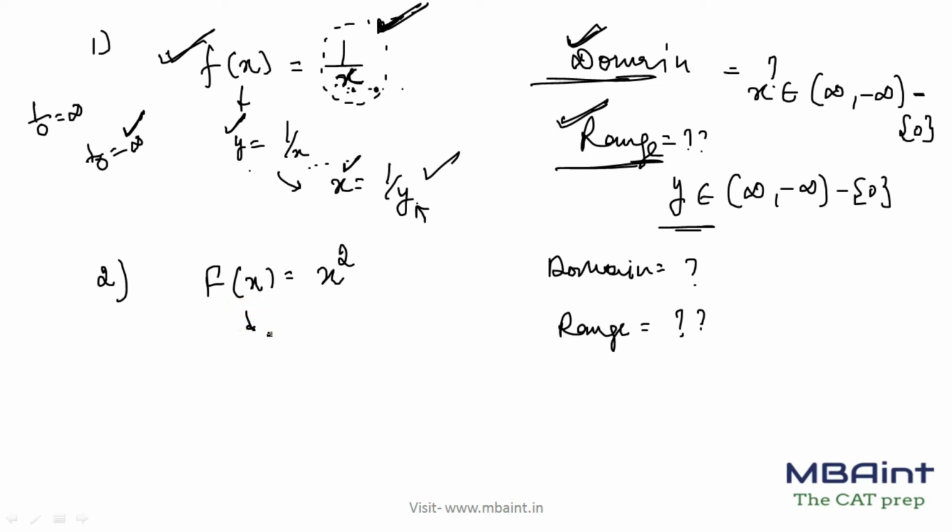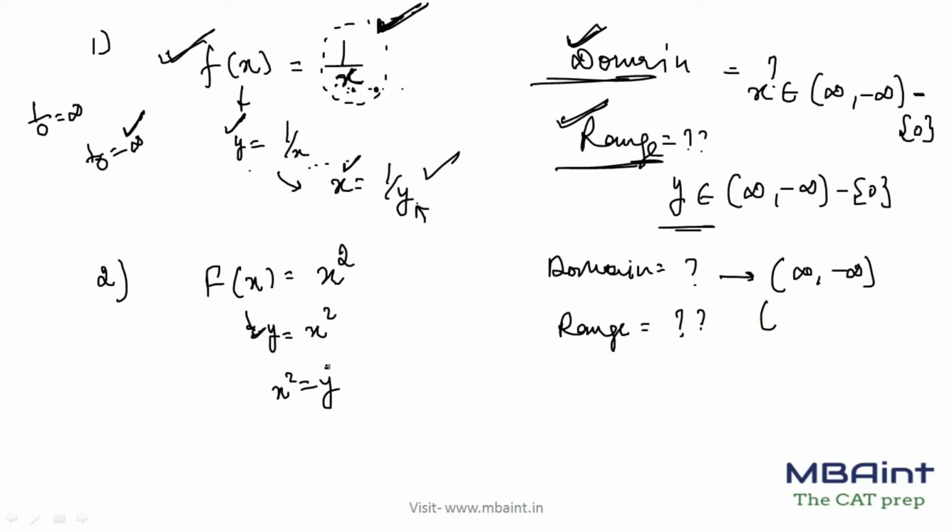So again, just to keep this in mind, you can just frame it in your mind, right? What value of x this function satisfies, right? So here I know that for any value it will satisfy, right? For any value, even if I put x is equal to 0, it is going to satisfy. So domain will be nothing but positive to negative infinity. For any value it will satisfy. And how will you find the range? For the range also, this is nothing but x square is equal to y. So range will also satisfy for.